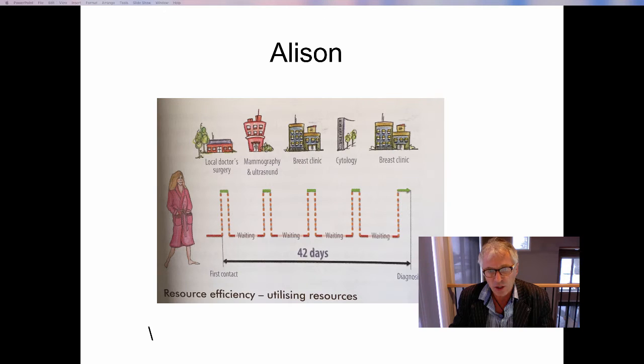So in this video, we're going to talk about resource versus flow efficiency. And we'll use the example of Allison, who has just been diagnosed with breast cancer. And she goes to a resource efficient hospital where the local doctor's office is efficient at assigning resources to do an examination, and they have a backlog of work. And then they have the testing of ultrasound, and the machine is efficiently purring away because they have lots of customers waiting for work, and there's a sequence of events of going to appointments and seeing doctors, but